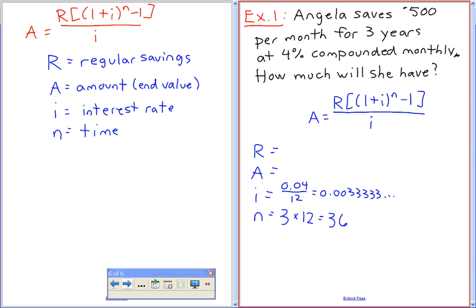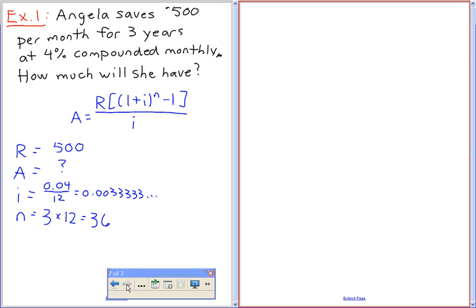Okay, that you can do. Sam, what else do we know? Rate of savings is 500. So R is going to be 500. Then it's just calculator time. Austin, you're going to be my next victim. Can you sub all these numbers into my equation for me, please? So A equals what?